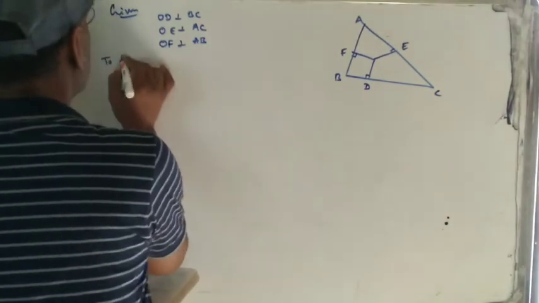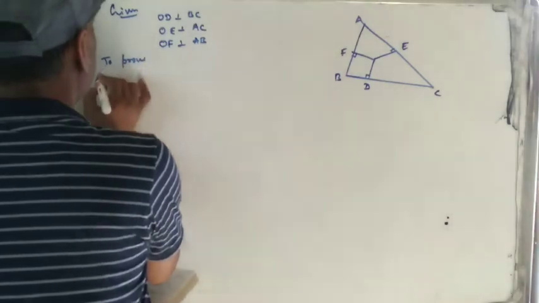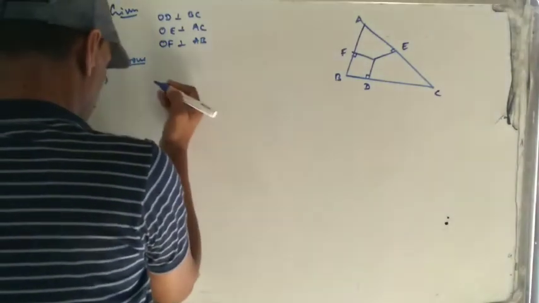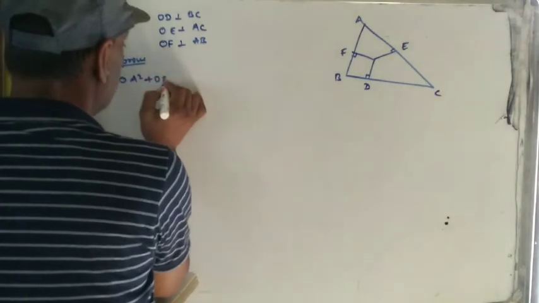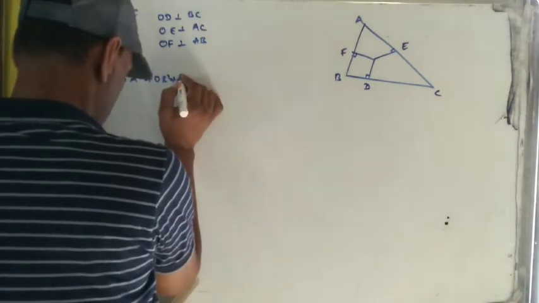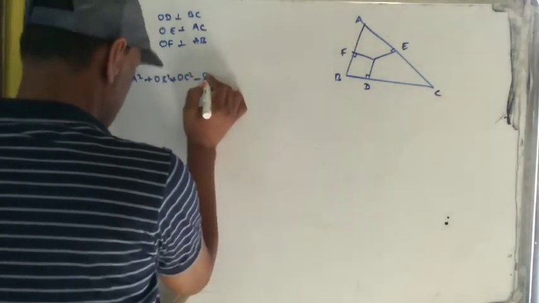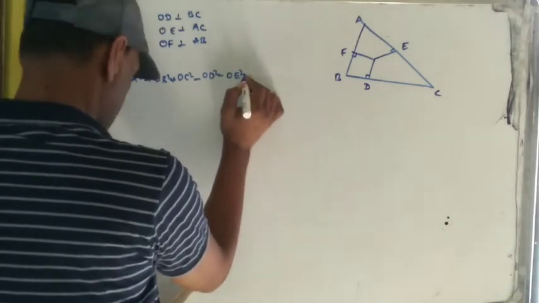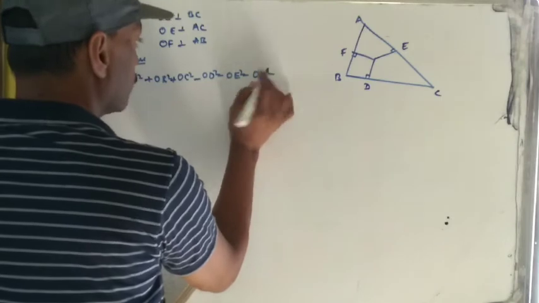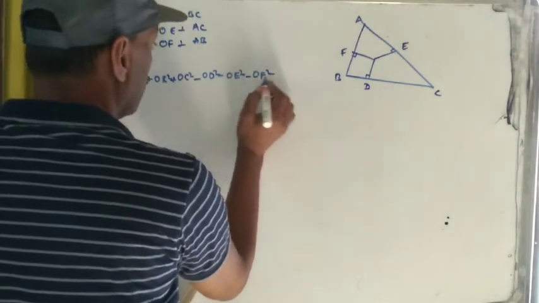Then we have to prove that OA square plus OB square plus OC square minus OD square minus OE square minus OF square equal